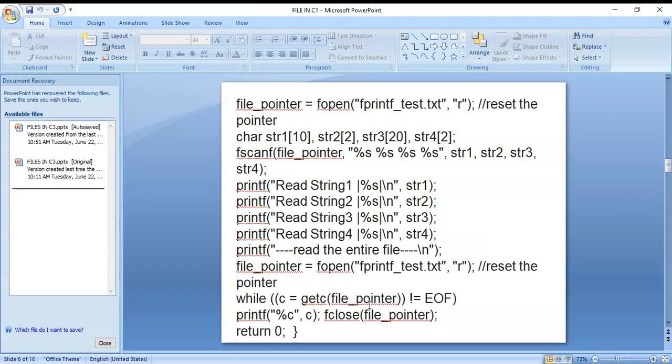For single character reading we use the getc function here.